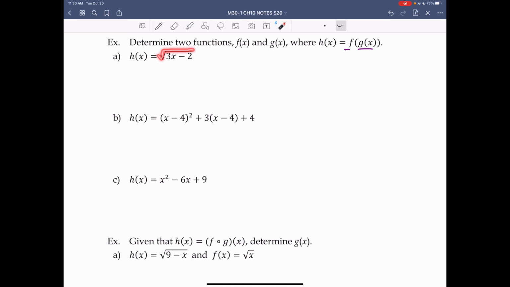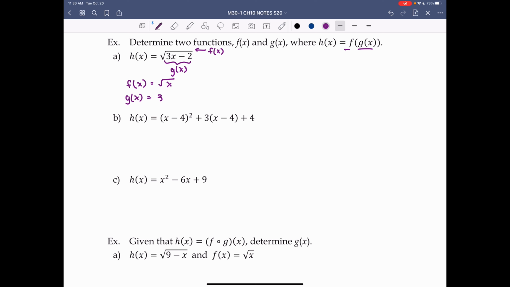So if we made 3x minus 2 our inner function, g of x, and the square root of x our outer function, f of x, then f of g of x would equal h of x. So we have f of x equals the square root of x, and then g of x